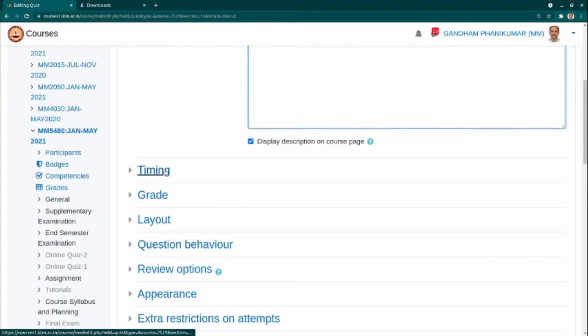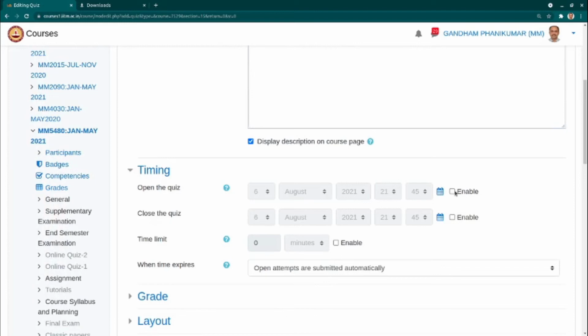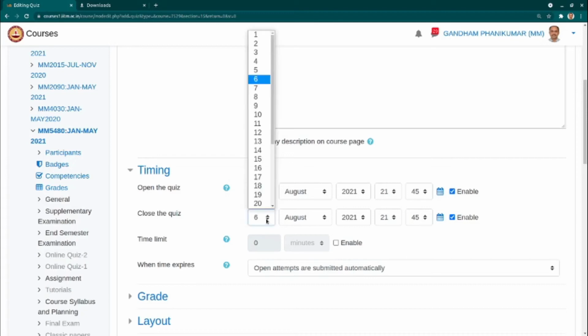Okay, and you can actually set the timing. So you need to always set the timing to ensure that the quiz is visible to students only when it is supposed to be, and it's over when they are not supposed to see. So in this case, for example, it's only an illustration, so we will keep it up to 10th of August or maybe 15th of August, because we have got the second weekend of the TAVO also. So let everybody have a look at it.